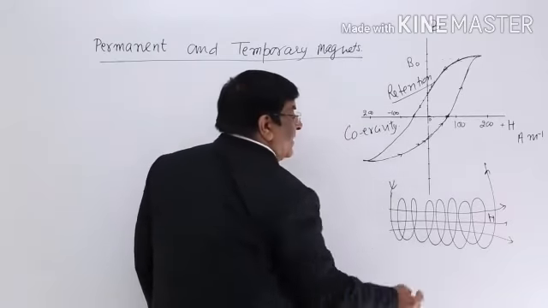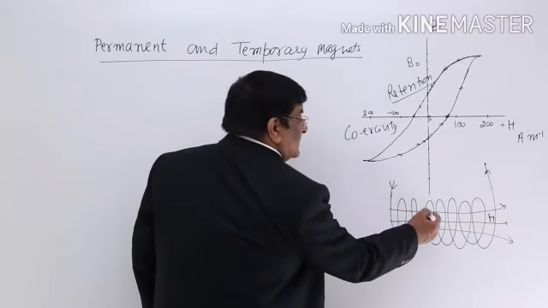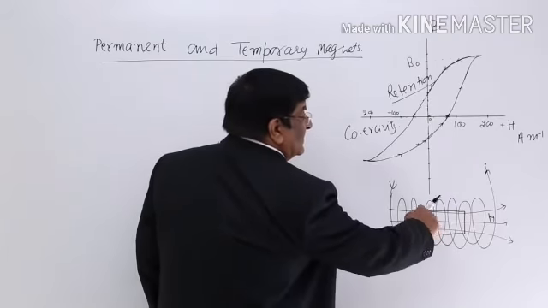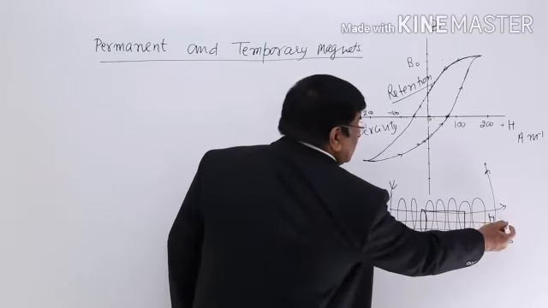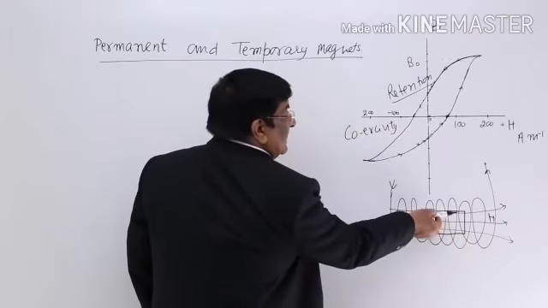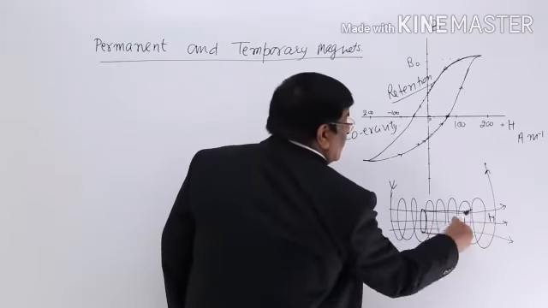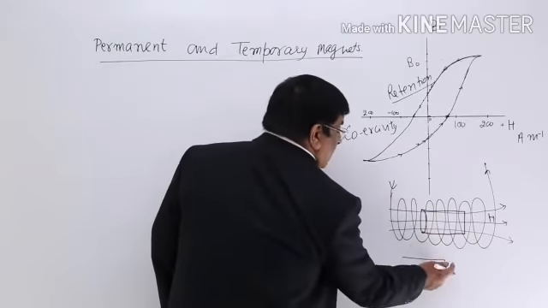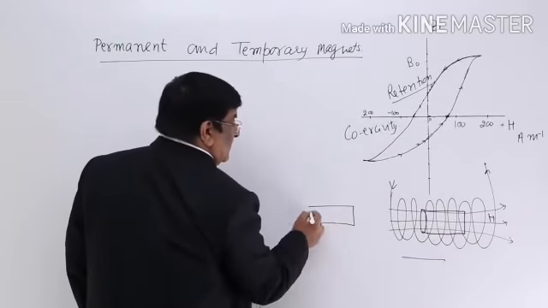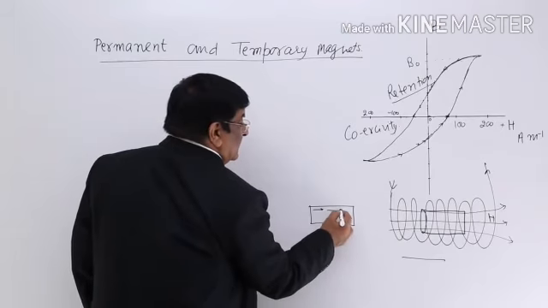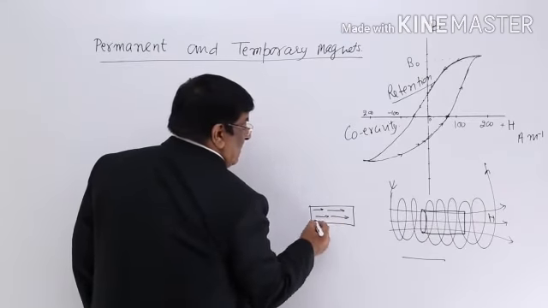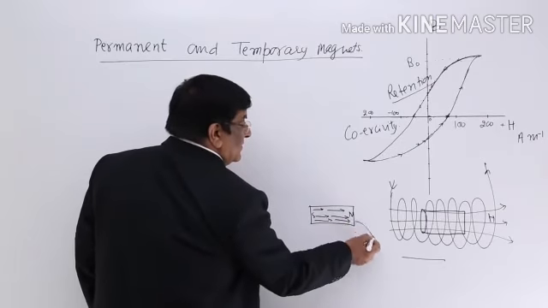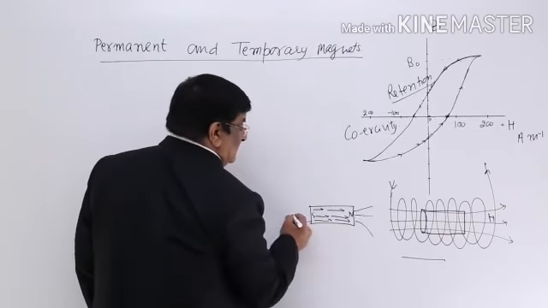H. Now I place an iron piece here which is ferromagnetic, and all the domains in this will go in this direction and remain this way, and this converts into a magnet. So in a magnet, what do we want? These domains should be like this, and this is north, this is south. These are magnetic field lines.